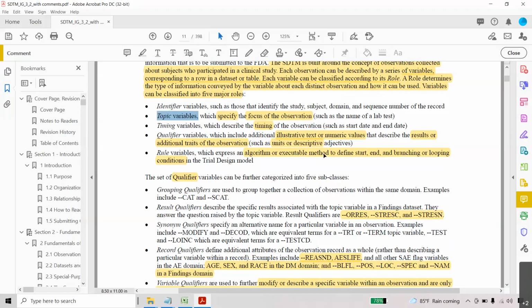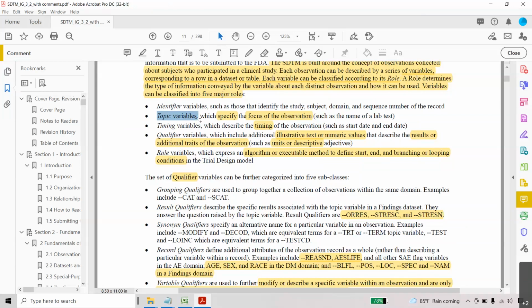Because in laboratory analysis or the findings domain, we usually do analysis based on the test, and the test name has a longer length, so to easily identify and remember, they made the topic variable the test code.